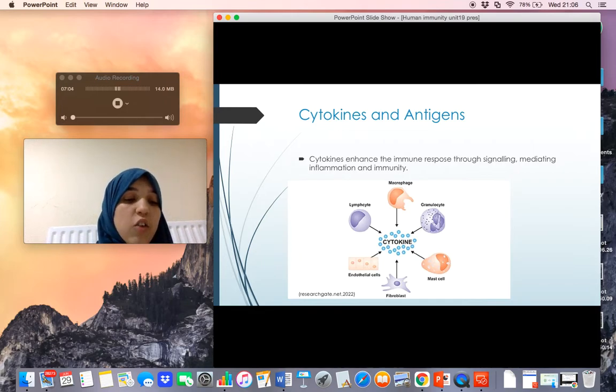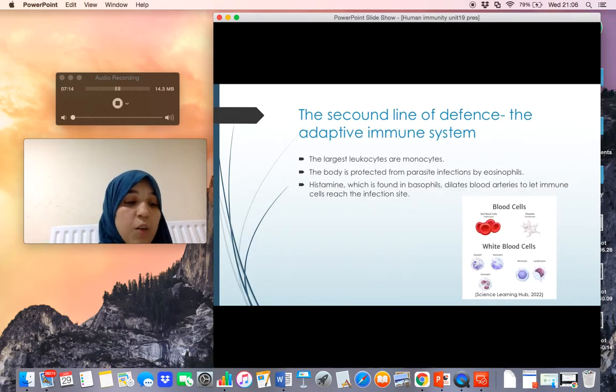By alerting the cells to attack, antigens trigger the immunological reaction in the body. Neutrophils lack antigens, whereas macrophages do. The most common white blood cells are neutrophils, which are frequently the first to arrive at the site of an infection or damage. These spherical cells of medium size attach to the blood vessel walls and prevent infections from